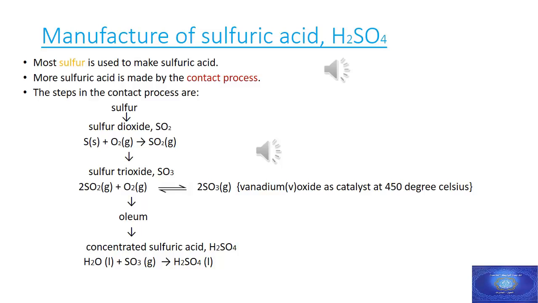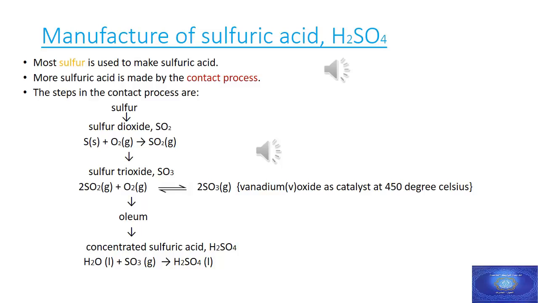The raw materials are sulfur, air and water, or sulfur dioxide, air and water. The sulfur dioxide is obtained when sulfide ores such as lead and zinc ores are roasted in air to extract the metal from them. Starting with sulfur, the steps in the contact process are: